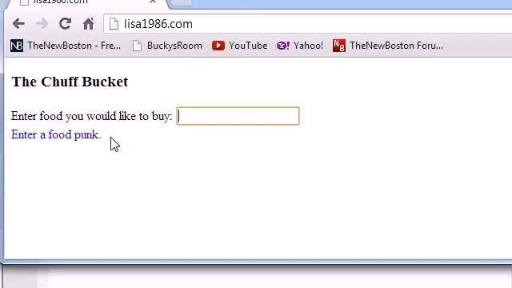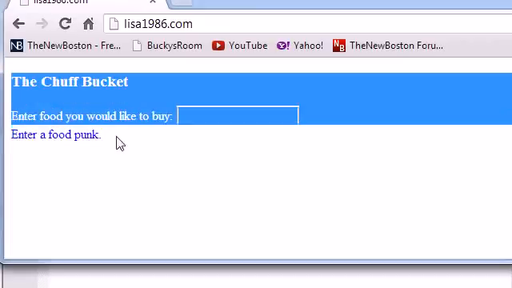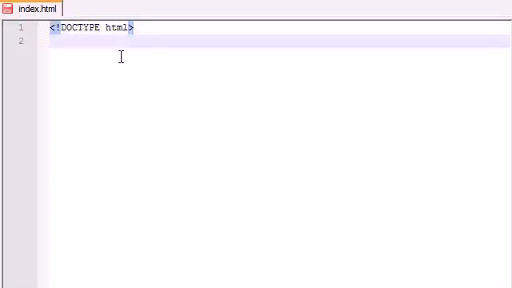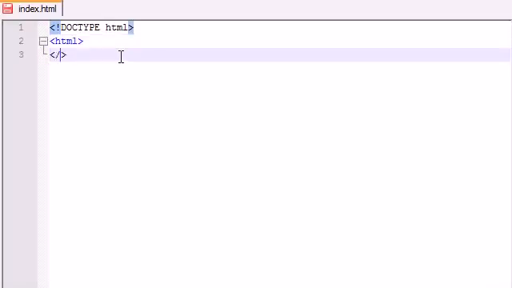So the very first thing we need to do is build a very basic web page without any scripting, without any PHP or JavaScript, just so they have an interface. Basically, this is going to be just a header and a simple input area that they can type into. So the first thing that we need to do is, of course, create the doctype, and I'm just going to be using HTML5 style. Although you probably don't even need this, that's not very good programming practice. So create the HTML, and in the head,